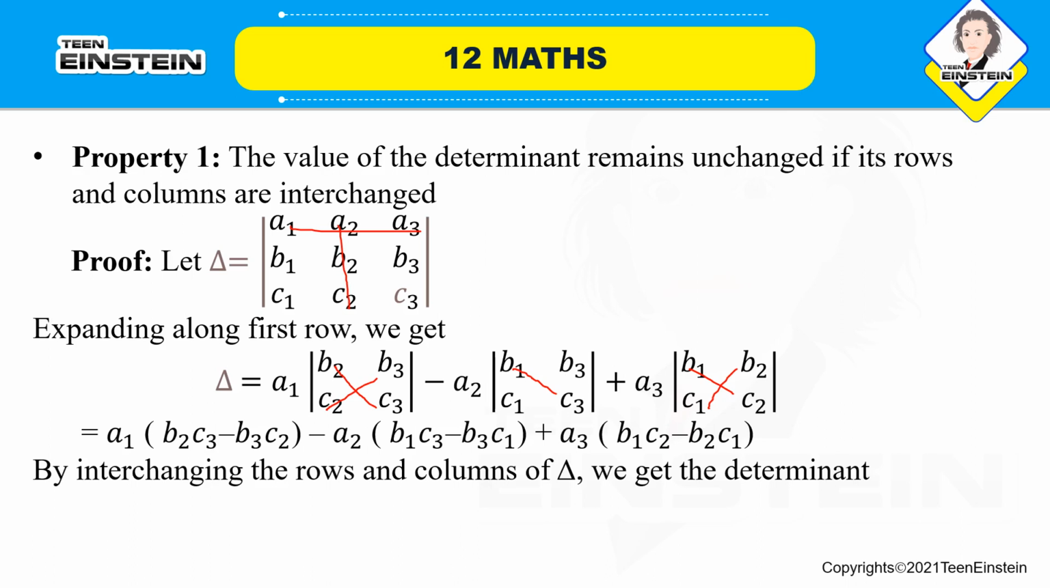After that, I will check the values of these two determinants. If the new determinant is delta 1, then I will check the values of delta and delta 1. If the values remain unchanged, then we have proved this result, right? So I'm going to interchange the rows and columns of delta, then we get the determinant